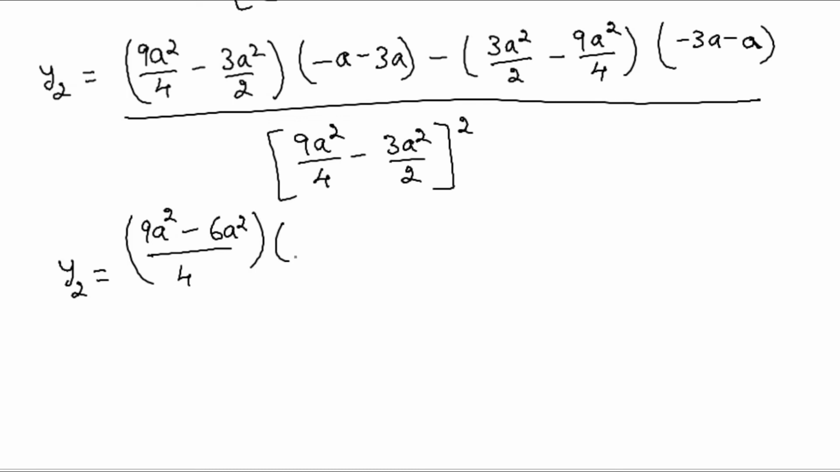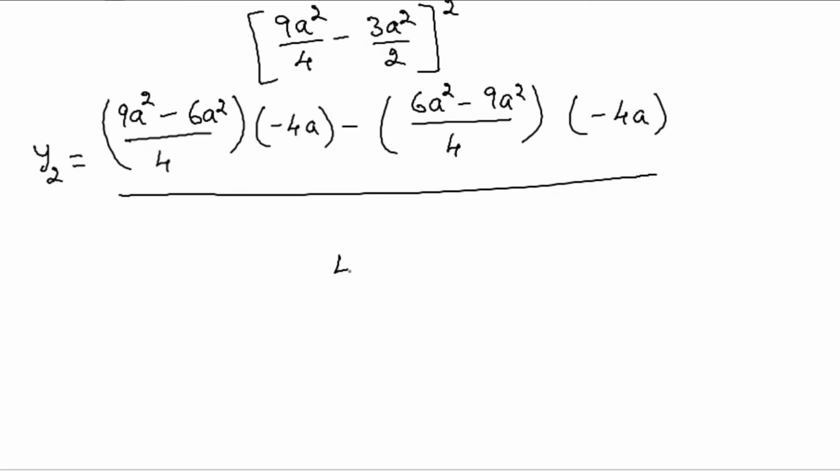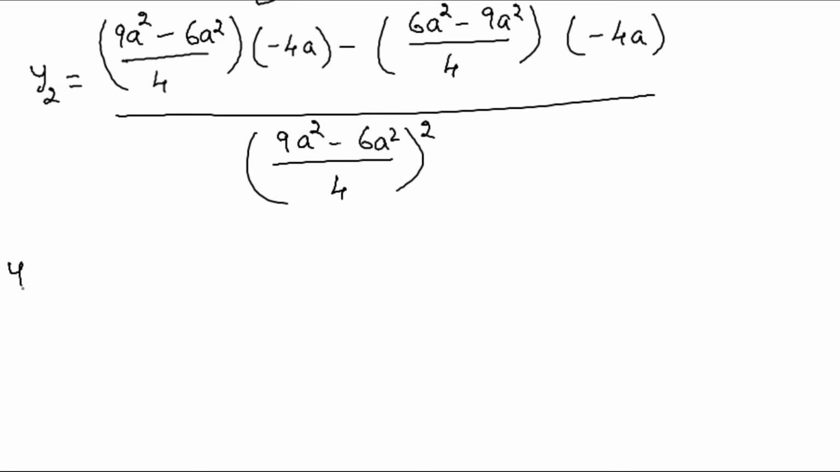and this value is minus of 4a minus, so here also the LCM will be 4, so you need to multiply by 2, so 6a square minus 9a square, this value is minus 4a, this whole divided by the denominator. Also you can take the LCM as 4, so we will be getting 9a square minus, multiply by 2, it becomes 6a square, and it is whole square. Further, y2 value will be equal to 9 minus 6 is 3, so it is 3a square by 4